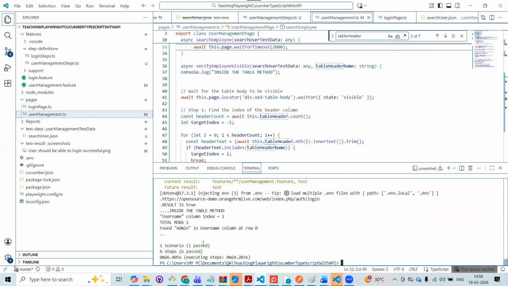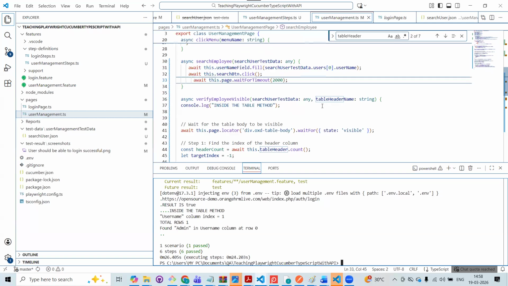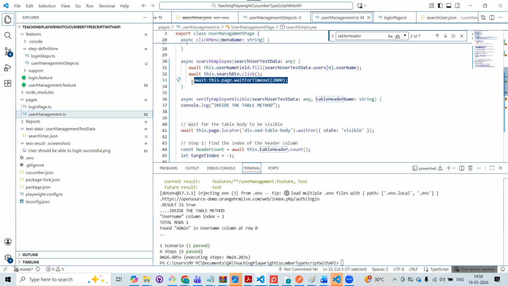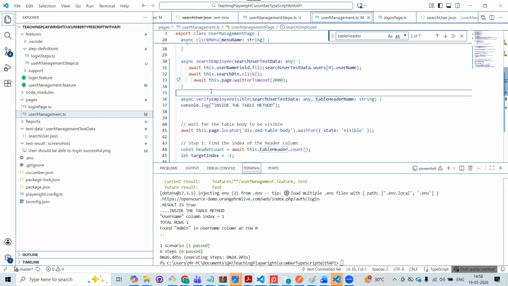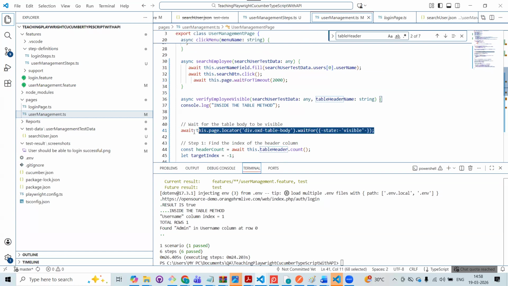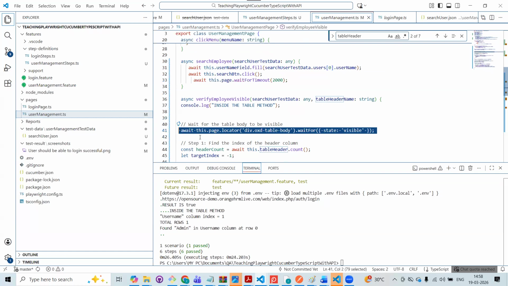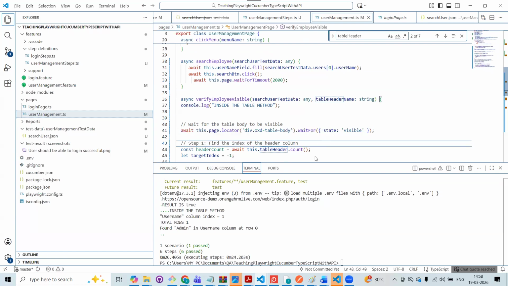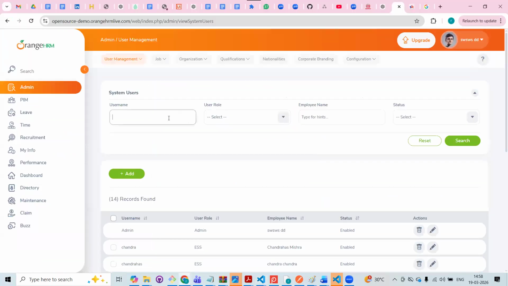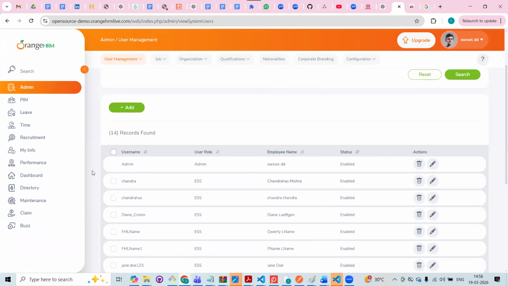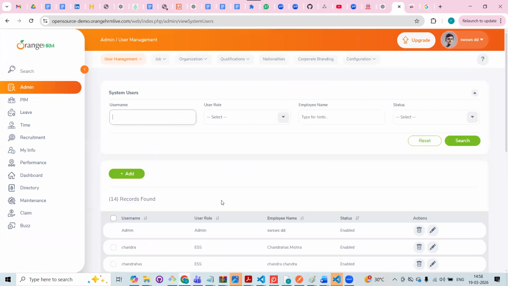So now we have figured it out. But actually, this is not a good practice. You should never give hard wait. We have to figure out some other thing. After you click on search, maybe you can put the same thing here and then see. It's not that important right now, but this is what it has to be. Now you understood? This is what we have searched for, the username, search, and we are searching for the username here. So this completes our test case.